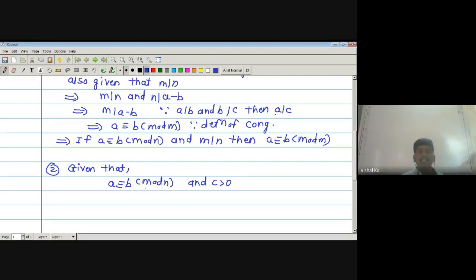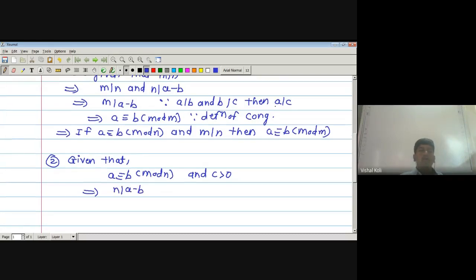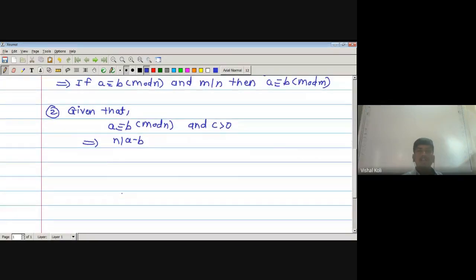As A is congruent to B modulo n, then by definition of congruence, n divides A minus B. Now we have to multiply the numerator and denominator by C. As C is greater than 0, then we can multiply the numerator and denominator by C, which implies n into C divides C into A minus B, which is nothing but